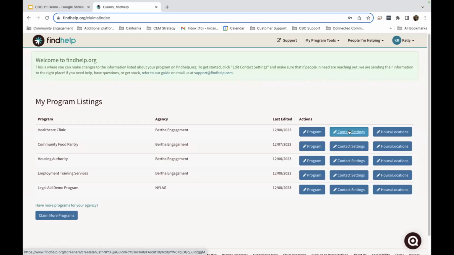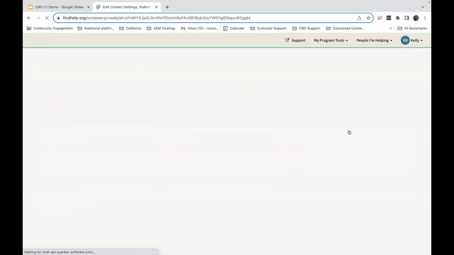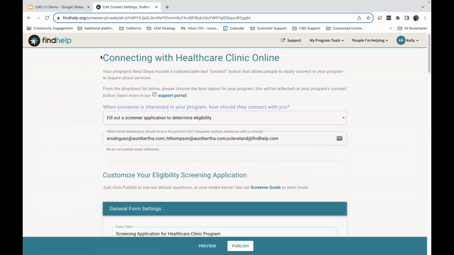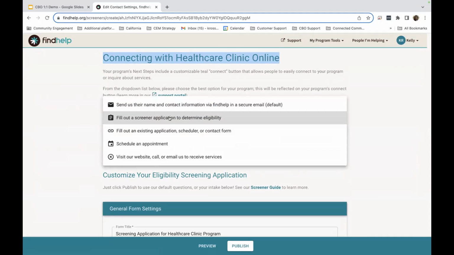So that's in the contact settings portion, and what this says is connecting with, and then say Welcome Baby. This is where you would determine how you want people to connect with you, whether you want them to just be able to send you a direct referral with their name and email or phone number, or you want them to fill out maybe a